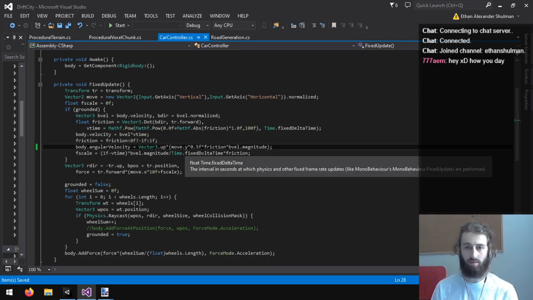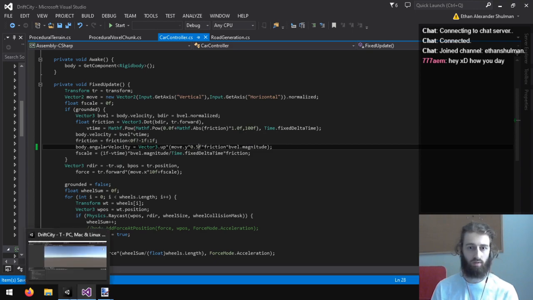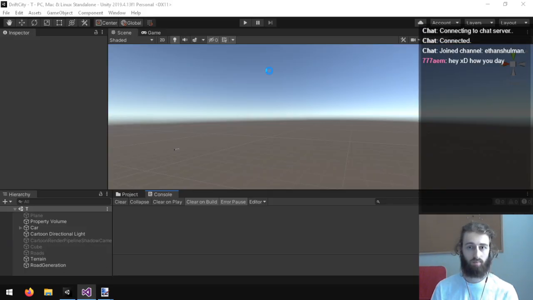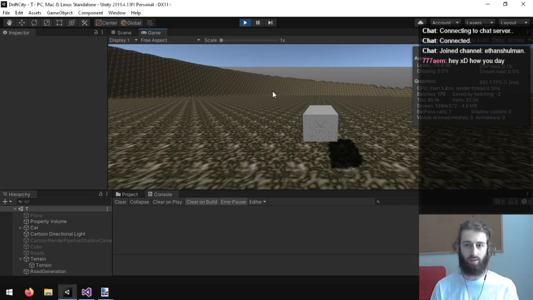I don't know why it's having such a hard time turning. I don't know what I changed. I'm probably gonna rewrite this whole car controller, I think.